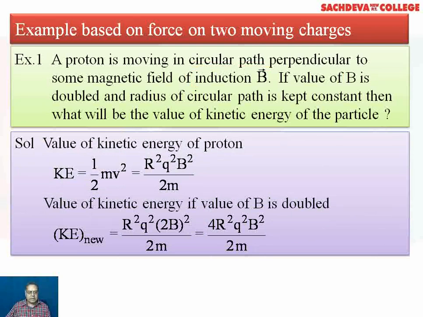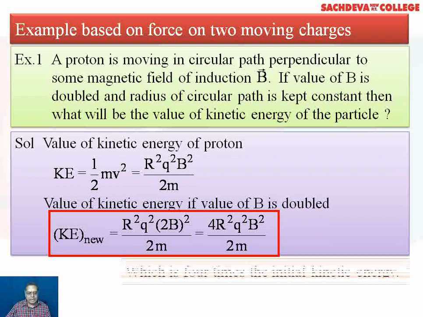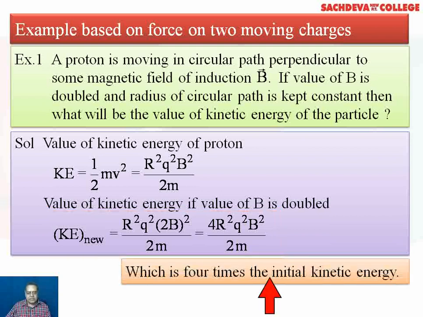Value of kinetic energy of proton. Proton is a charged particle having charge equal to e. Kinetic energy is half mv squared, that is r squared q squared B squared over 2m. Then the value of kinetic energy, if the value of B is doubled, is given as follows: r squared q squared (2B) squared over 2m. And by calculation, it becomes 4 r squared q squared B squared over 2m, which is 4 times the initial kinetic